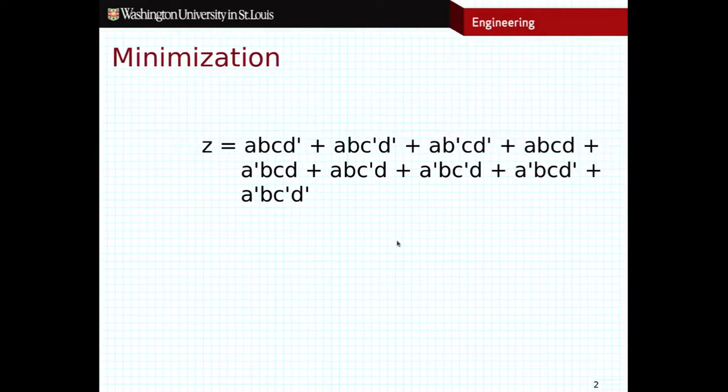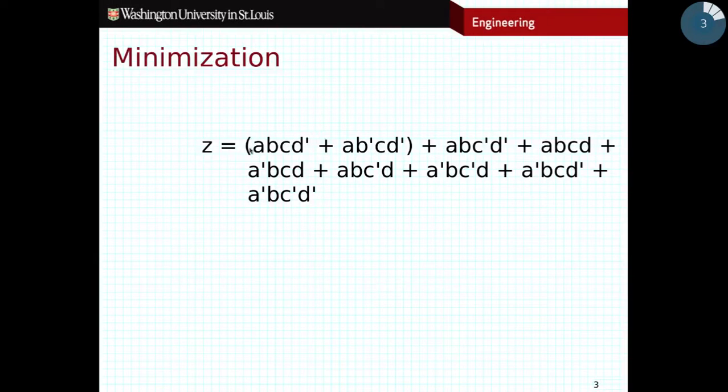So what I'm going to do is actually group those terms together. Here I've added parentheses just so that we can see that these are grouped together. It's actually not required to use parentheses, but it makes it easier visually to see what I'm working on by having these parentheses in here. And then if you recall from our previous video, we relied a lot on that identity property to create sum of minterms form. Well, we can also rely on that identity property to undo sum of minterms form and simplify particular expressions. So what we're going to do is actually factor out the common parts of these two particular terms,